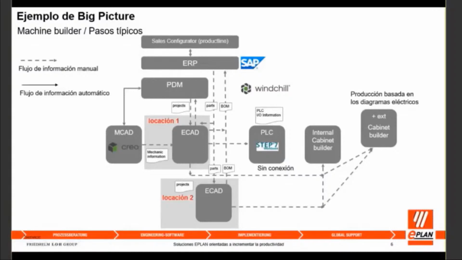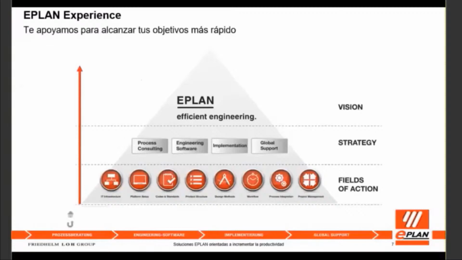Teniendo una vez esta información, ya podemos apoyarlos mediante la metodología de Plan Experience, la cual básicamente son 8 campos de acción, donde tocamos los puntos desde lo más básico: saber la infraestructura que deben tener para que las máquinas y los software puedan trabajar de manera correcta, no solamente la parte eléctrica, sino, si ustedes tienen un software mecánico, también se debe considerar esta parte. De qué manera tiene que estar centralizada la información para que pueda haber una comunicación dentro de